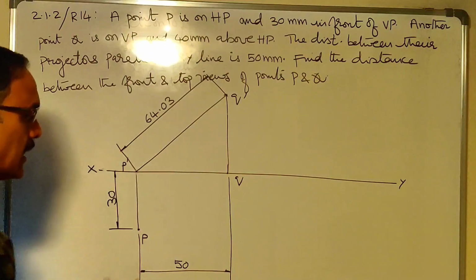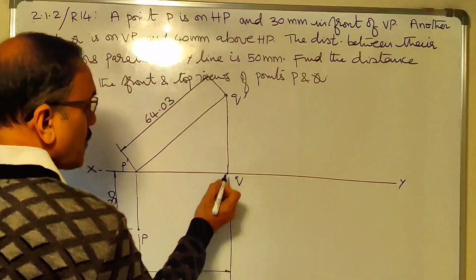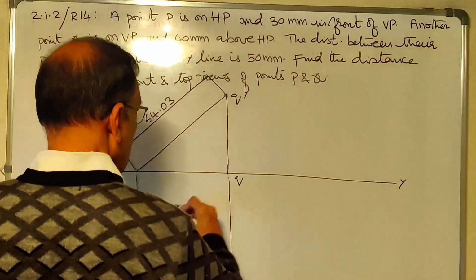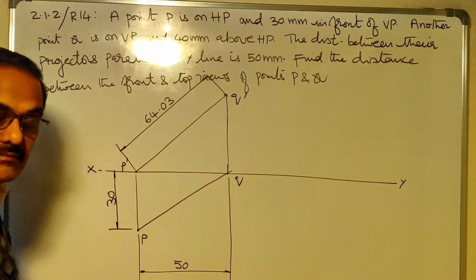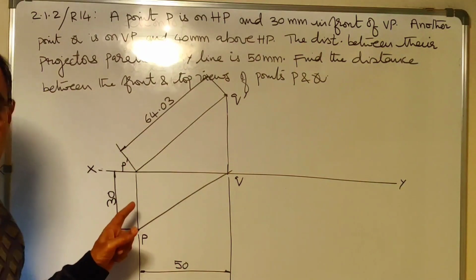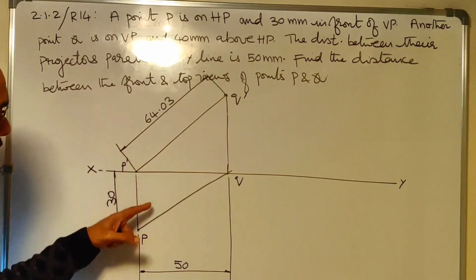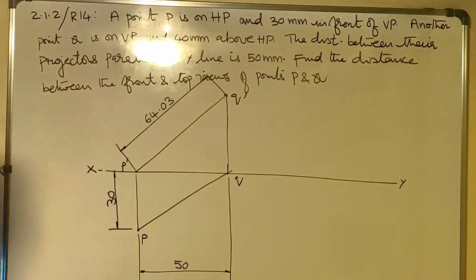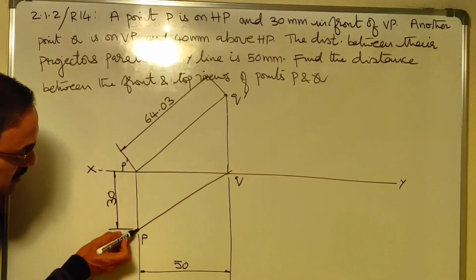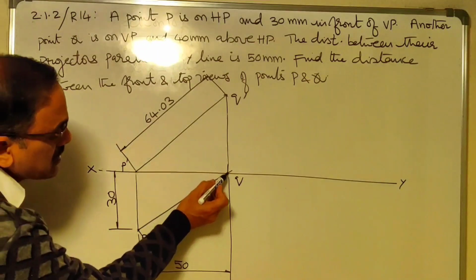Similarly, you can connect the top views as well. This is top view of Q, this is top view of P. Connect them once again using a line. Okay, these two lines can be thin lines, and then measure that. This is an extension line, this is also an extension line.